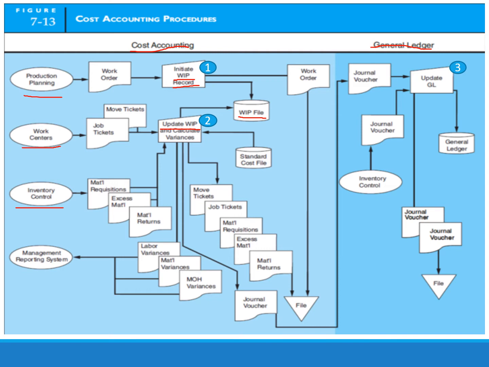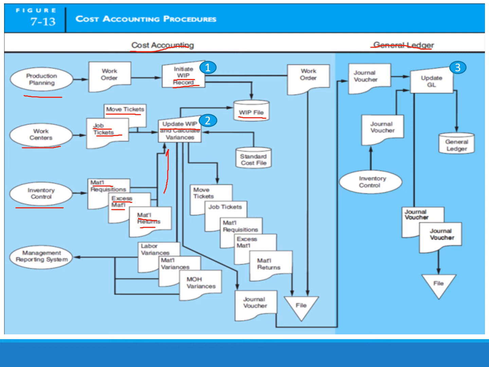From working centers in the production line, we will have two main documents: job tickets, and also we have the moving ticket for the raw materials in the production line. From the inventory controls, as explained in the previous system flowchart, we have the material requisition, we have the excess material documents and materials returns. All of this comes from the inventory control as an input for this process to update the working in process